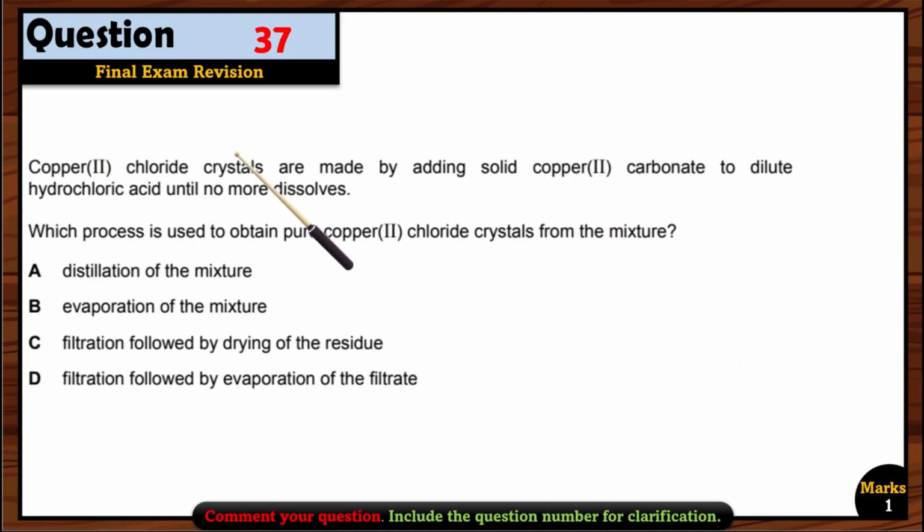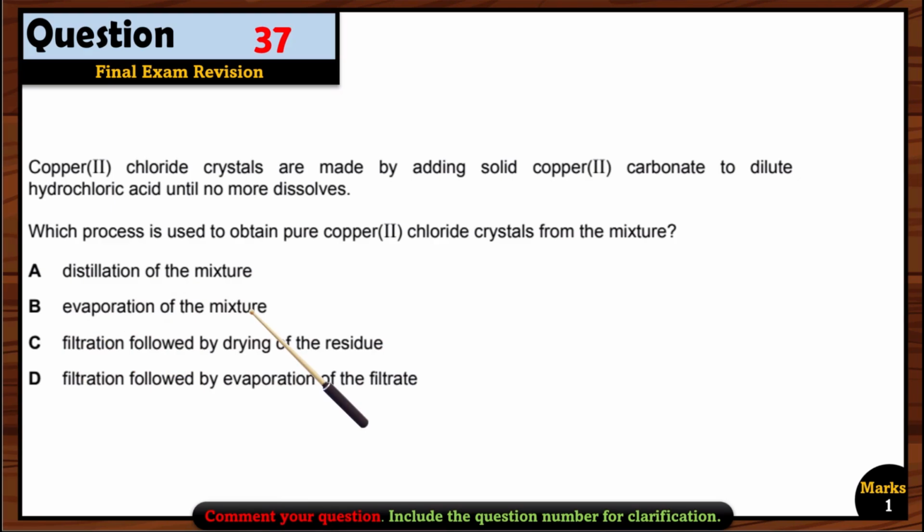Okay, copper chloride is actually soluble, right? All the chlorides mostly are soluble except for one or two salts. So, how can we get the pure one now? Again, the crystallization method. When your salt is soluble, then you have to use the crystallization method. So, where can we find that crystallization method? Here, distillation of the mixture, wrong. Evaporation of the mixture, filtration,